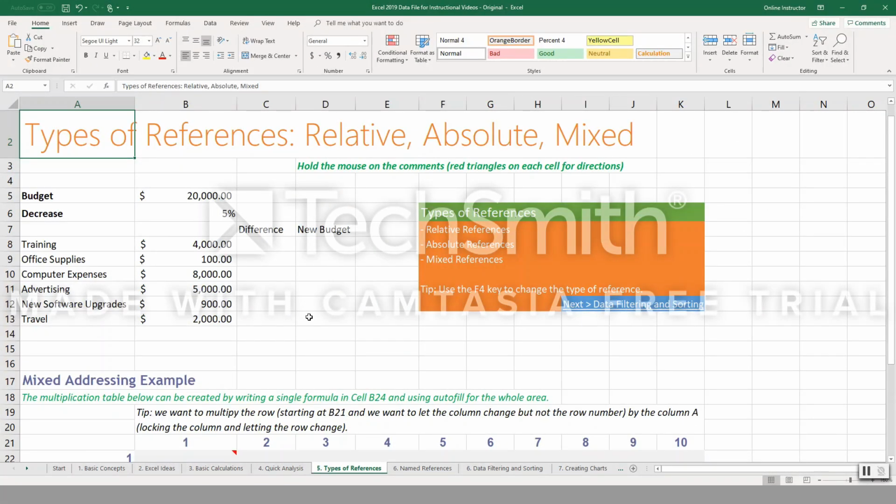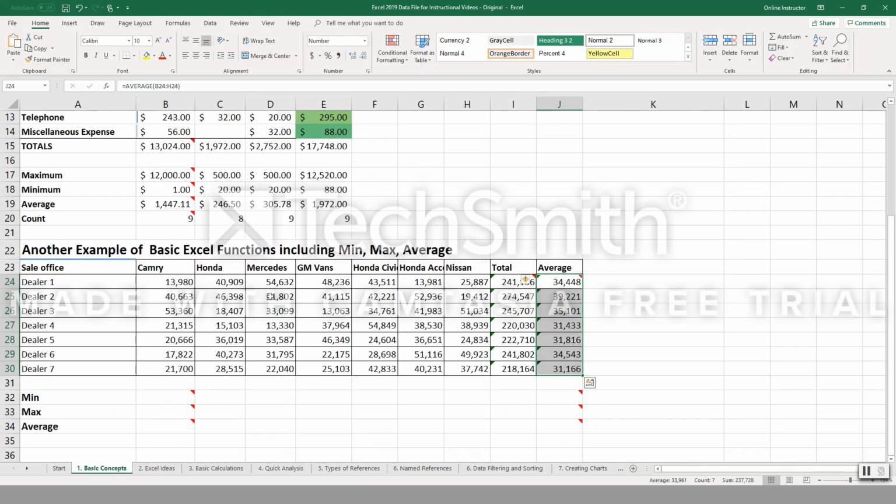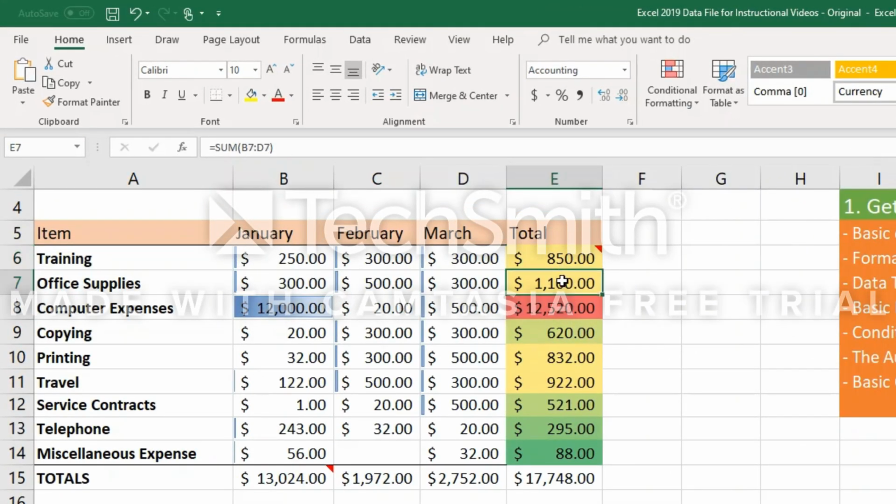In this session, we're going to learn about the types of references in Microsoft Excel. If you go back to the previous sessions on learning Excel, we have been using what's called the relative references. If we were to look back here under the basic concepts, when we calculated these values and I entered the amounts,